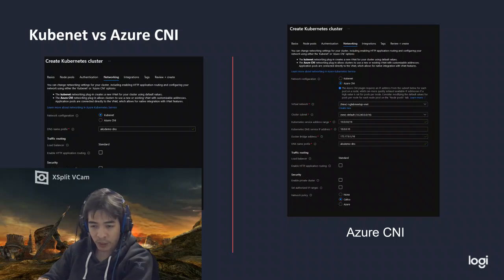It can be an existing one with the portal, and then we can configure a few other things such as the Kubernetes cluster subnet, the Kubernetes services address range, and also the DNS service IP. The Docker bridge address can also be configured in this portal, while as you can see, this is absolutely not the case with kubenet. Well, that being said, who does that in the portal anyway?